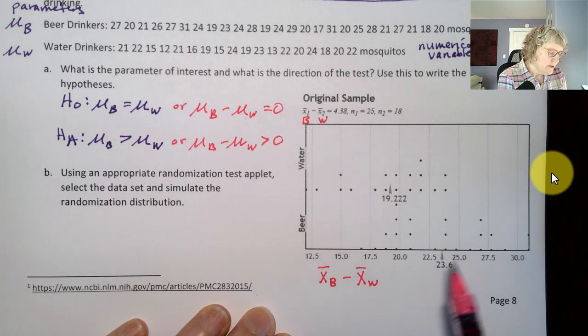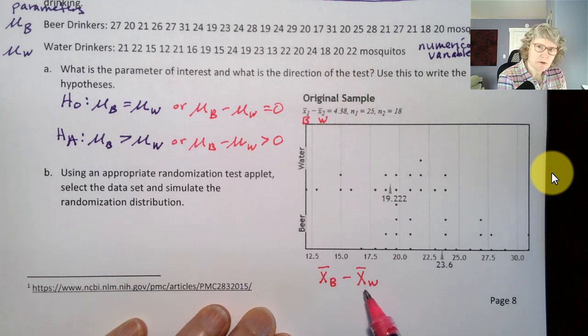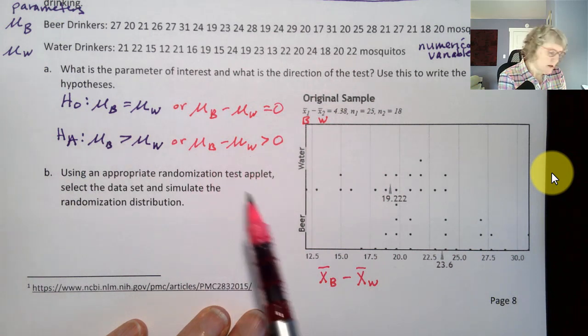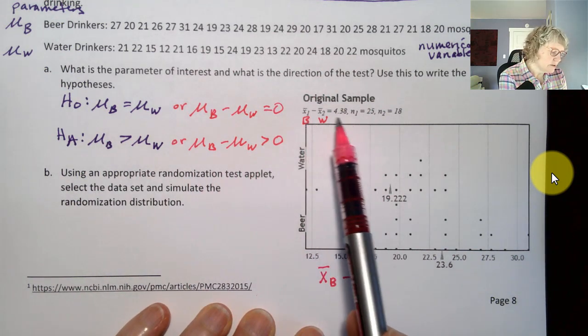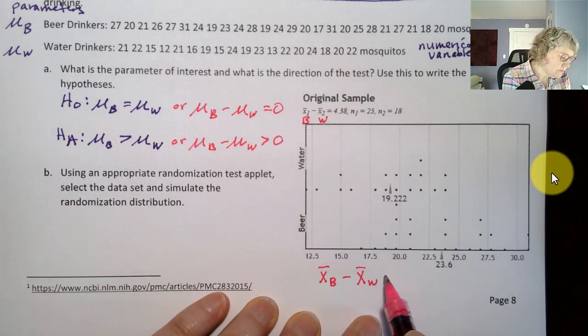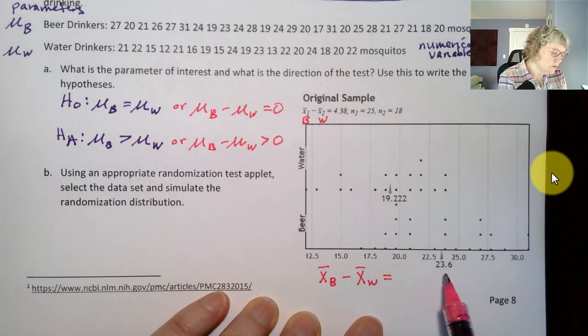So we have the sample average or sample mean for the beer drinkers minus the sample mean for the water drinkers. This is our statistic that matches with our parameter here, right? And they're doing the subtraction because we need to find out if that's the math we need to do, right? So that is equal to